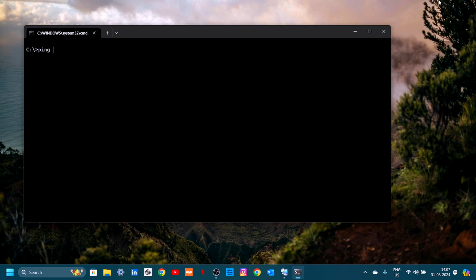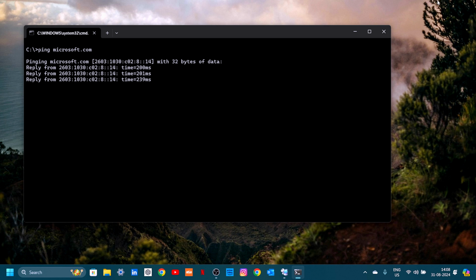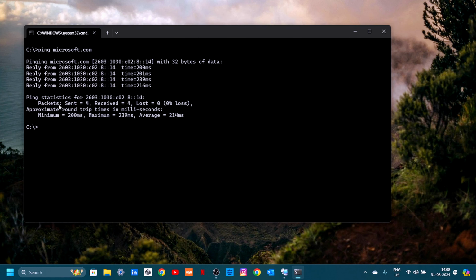Now if I type ping, space, any specific IP address or a specific company website, for example, I'll try to ping microsoft.com. Let's see what happens. Now it is pinging microsoft.com with 32 bytes of data, and we have got a reply, and the time taken is 200 milliseconds. Now if you see, there is a slight difference in each of the packets that we received.